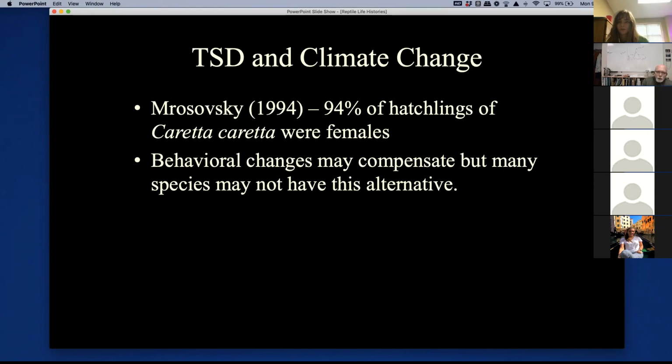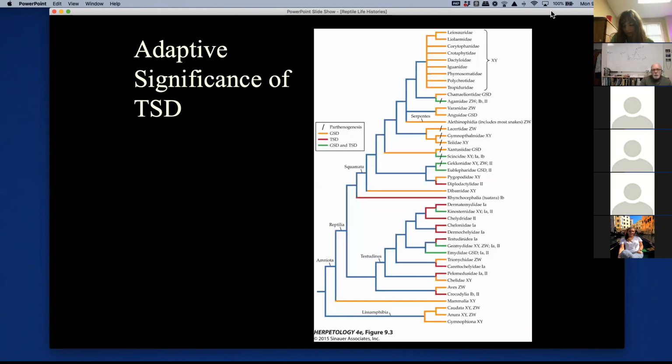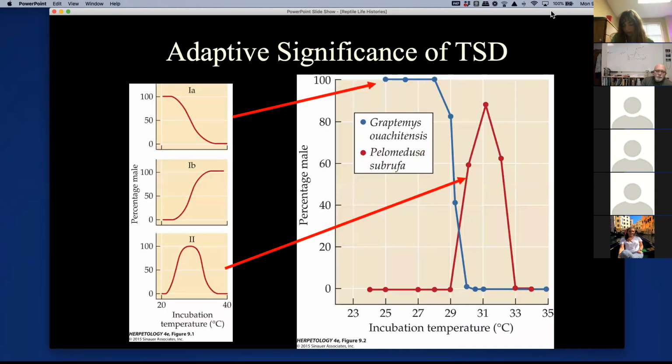So when we think about temperature-dependent sex determination and climate change, it's easy to imagine what might be happening with organisms out in the field. And there's this paper published back in 1994 that surveyed naturally occurring nests of Caretta caretta, which is one of the sea turtle species. And they found that 94% of hatchlings of Caretta caretta are females. So if we go back to this figure,